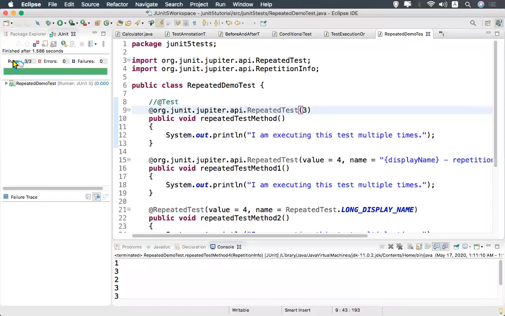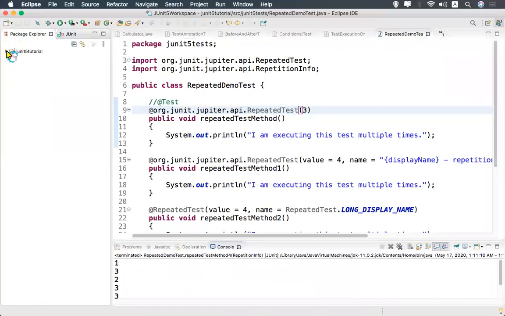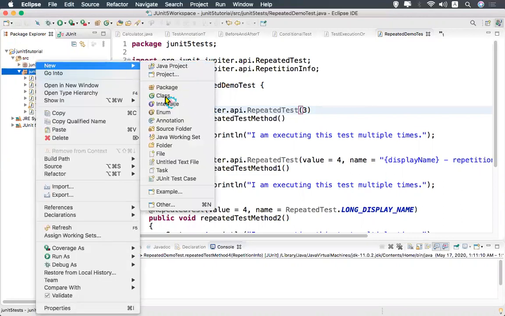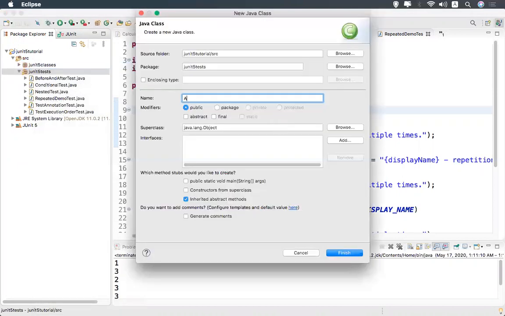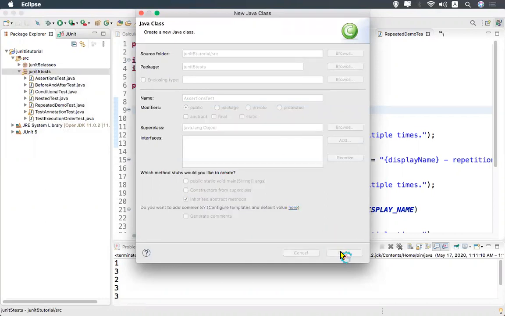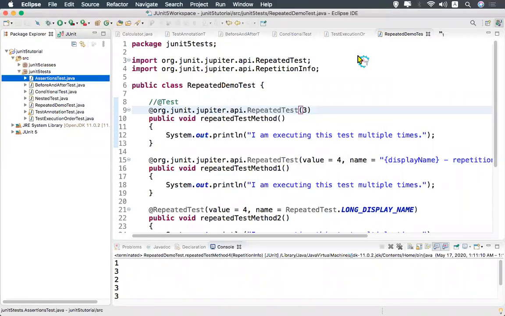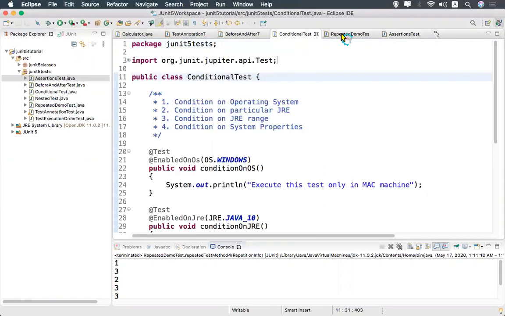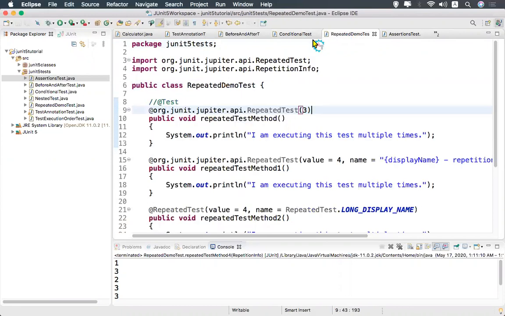So I will create a class under JUnit test, new class, AssertionsTest. I will take some code from my previous file.